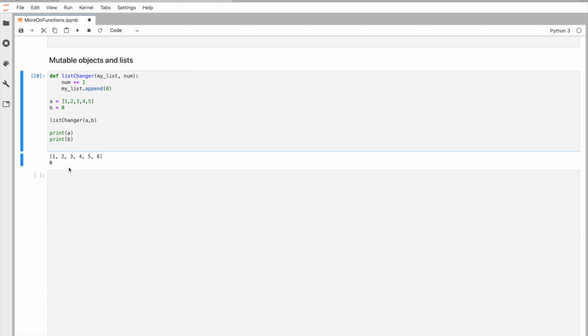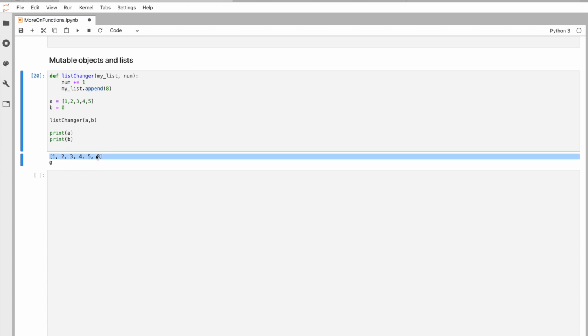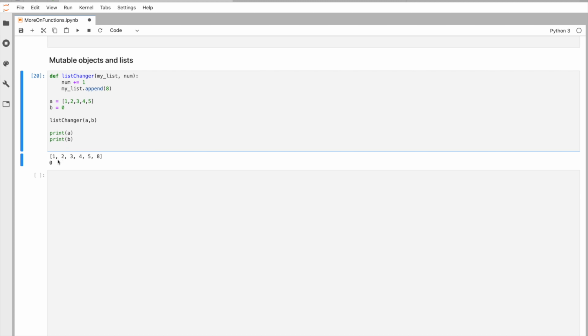So, okay, so A, yep, our list is now 1, 2, 3, 4, 5, 8, but we go to B, which is our number, and it's still 0. So the reason for that is our functions are able to permanently change items or objects that are mutable, such as lists. But when it comes to immutable objects, such as strings and numbers, those changes will only be temporary